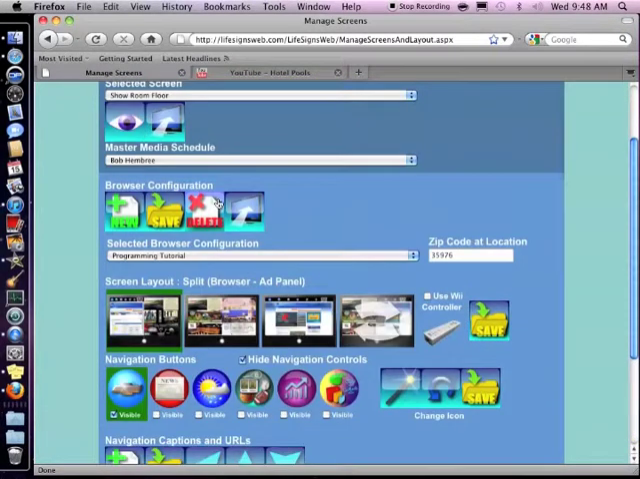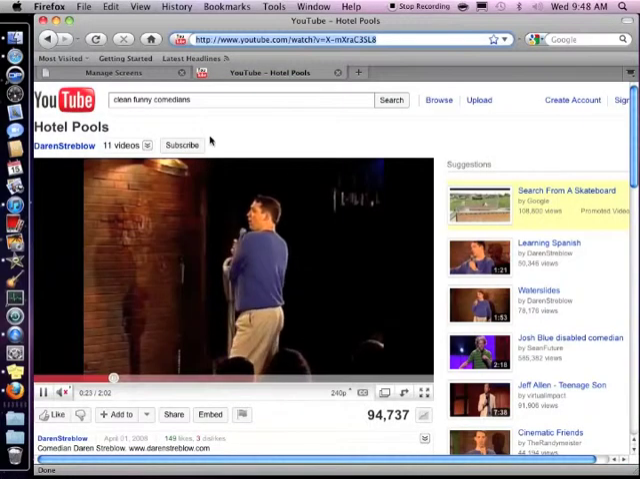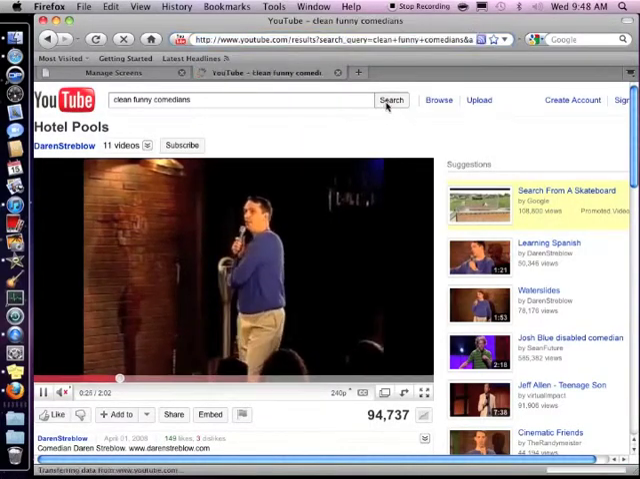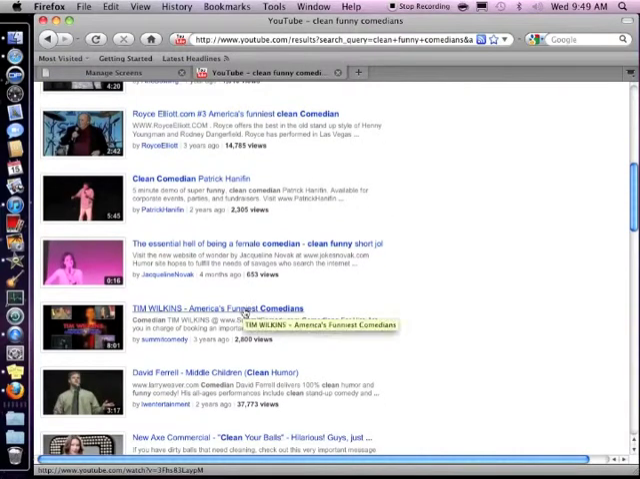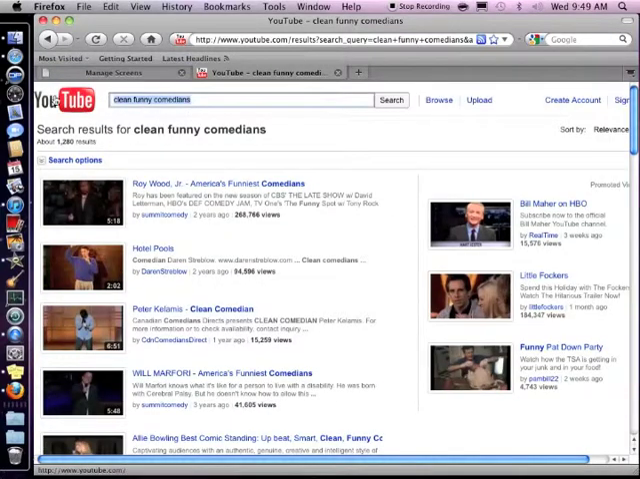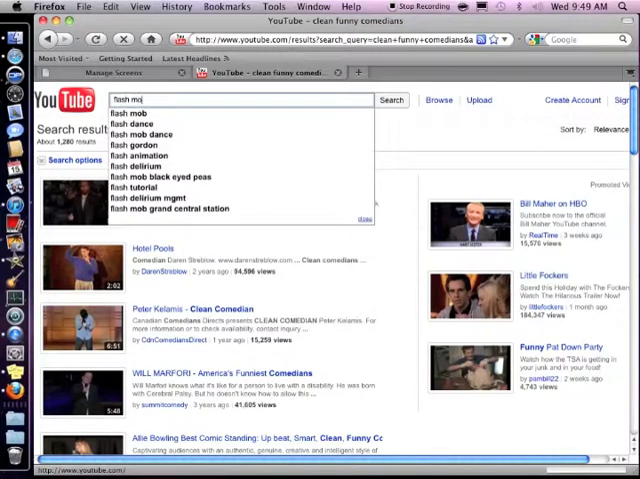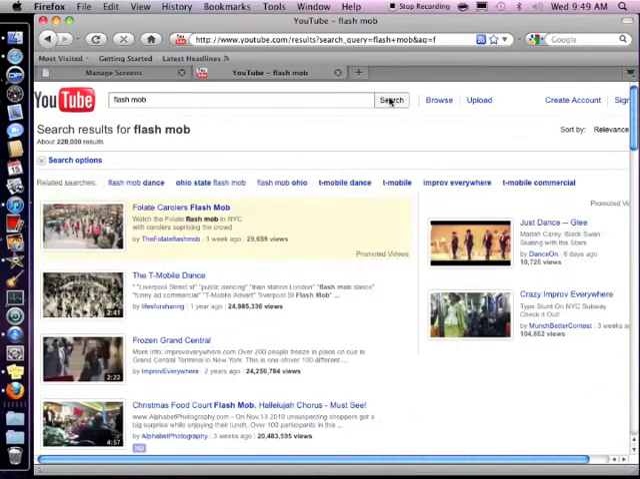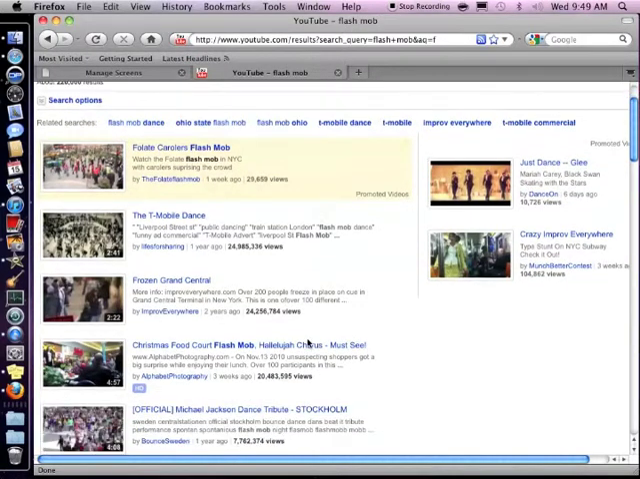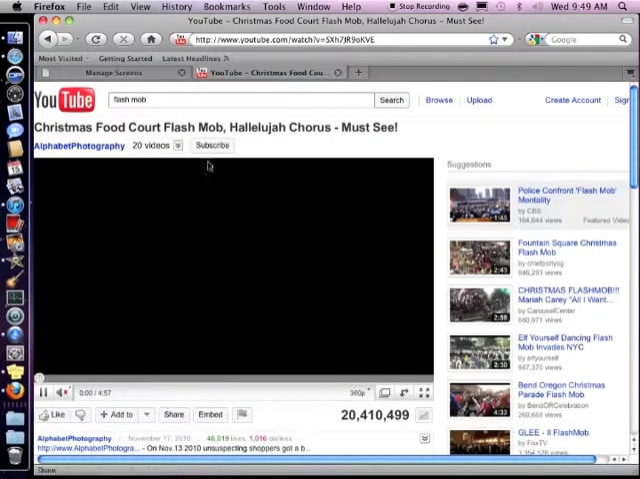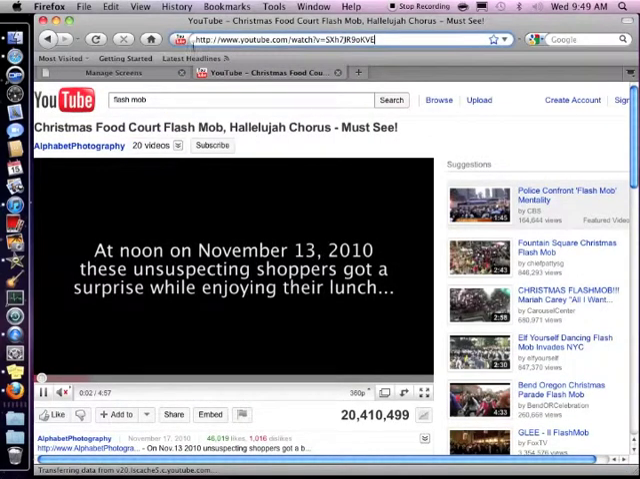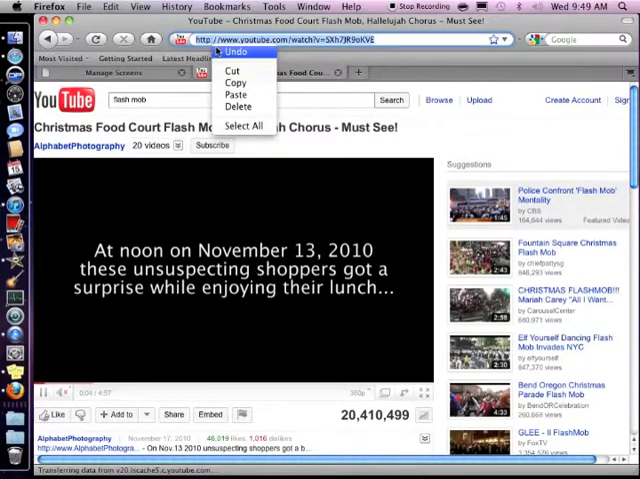Okay, let's go pick one more. You can see Clean Comedians again. We'll search, and we'll just do one other thing. Or you might do something like Flash Mob. Okay, and we'll do a search on Flash Mob. And the Christmas Food Court one, this was really good. I loved this Hallelujah Chorus thing. I'm going to grab this, copy,